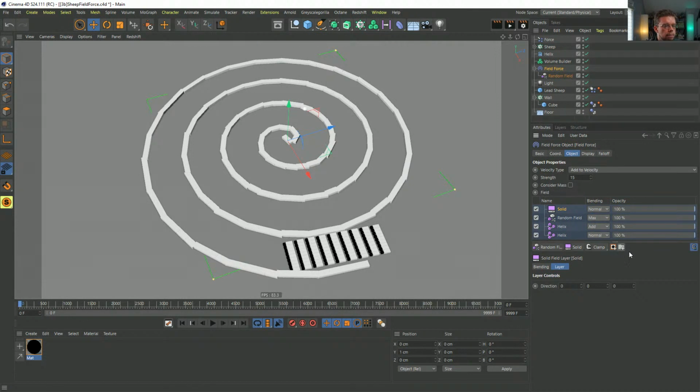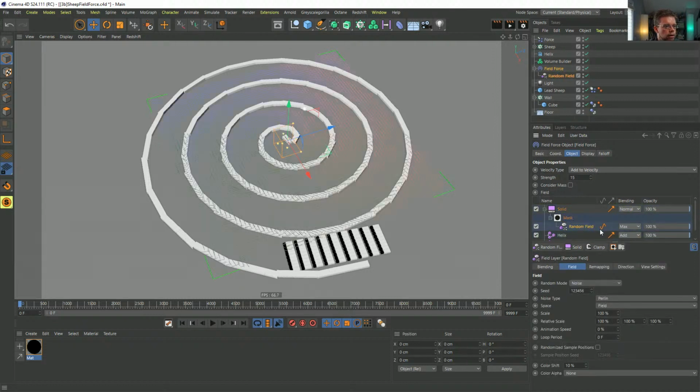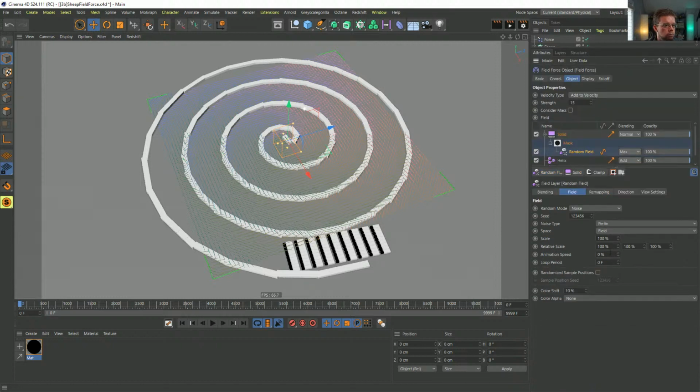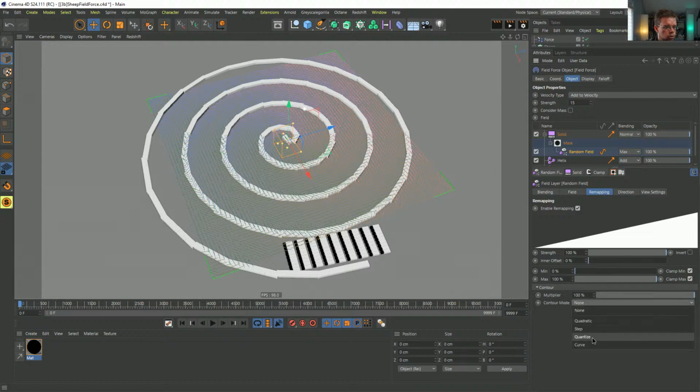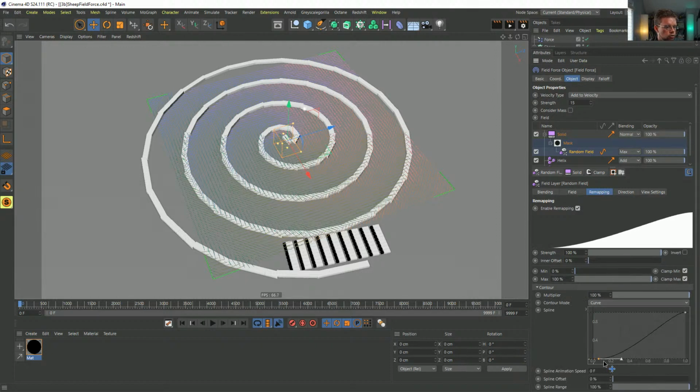And then that will get masked out via a mask, via this random field. And that random field can now give it some sort of power. And pretty much I'm just thinking we'll make some dead zones. So how do we represent that? Well, under remapping, we can go to our curve and crank up the contrast like a whole bunch. And now, as I do that, you're going to start seeing some patches.